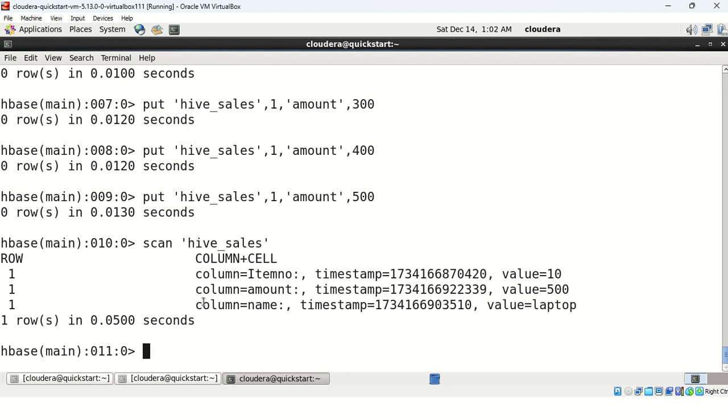See, I can see 3 column families, item number, amount and name. But for amount, I enabled versioning, right? So you can see only one version here. See, you can see the last version here. Suppose I want to see all the 5 versions or all the 4 versions, then I have to use the get command, right? So I will write get